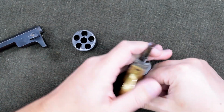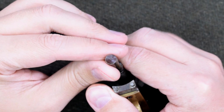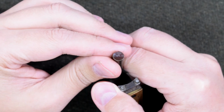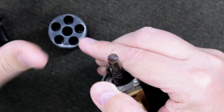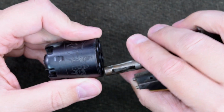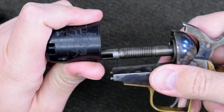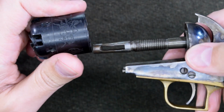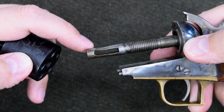This reproduction accurately recreates, let me fix that focus. It actually reproduces a concave face on the arbor. This was meant to fit into the round ball or bullet's nose whenever you load into the cylinder, which means loading would be done like this: powder, ball, and then press. This being not the best reproduction, I'm not surprised to find that this arbor doesn't actually fit in the chamber like it's supposed to. Another reason why we can't use this for an actual live fire demonstration. Plus, the quality of that cut is a little...